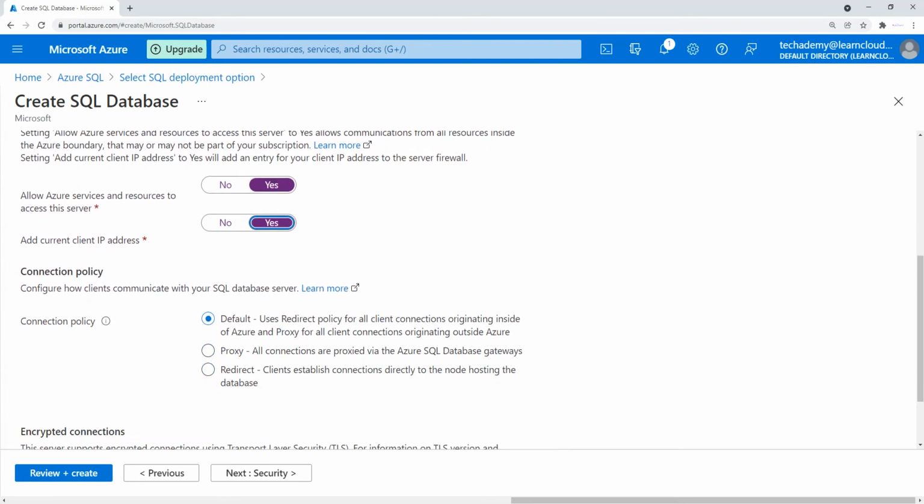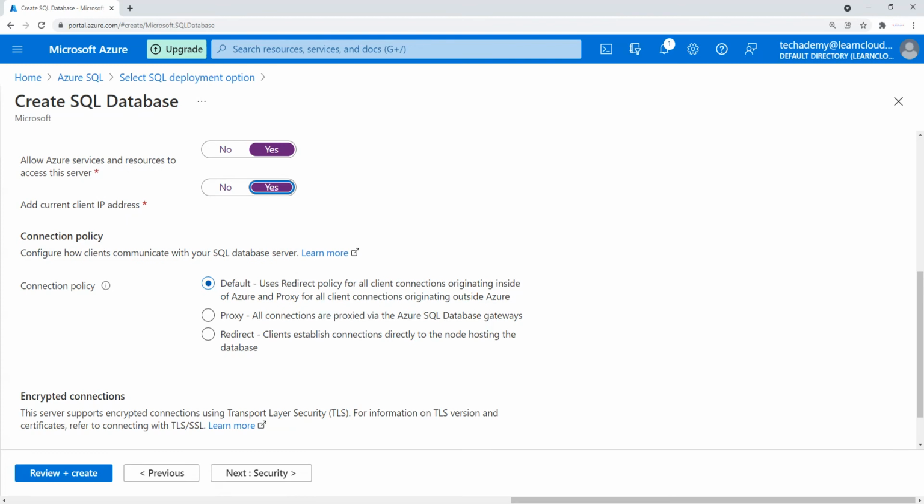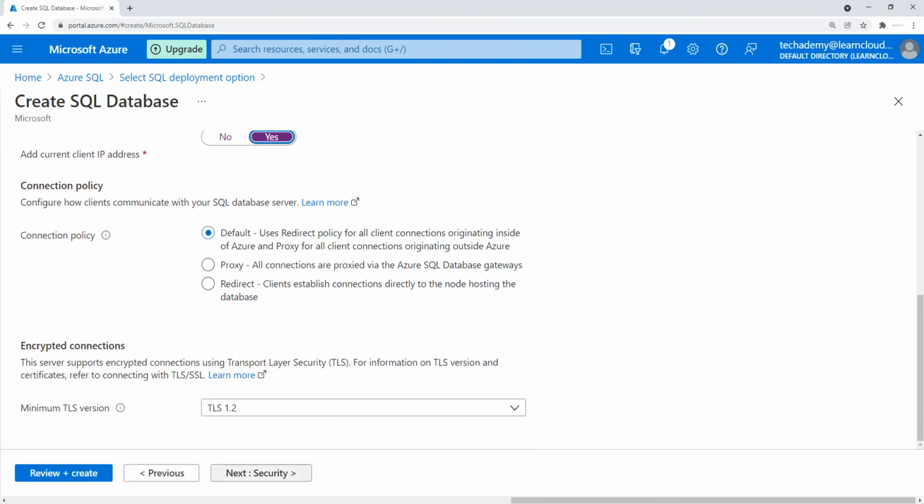And then for the connection policy, I'm just going with the default policy which says use redirect policy for all client connections originating inside of Azure, and proxy for all client connections originating outside Azure. Okay, I just want to go with that. Then we have a minimum TLS, which is nothing but transport layer security, so I'll just go with the default